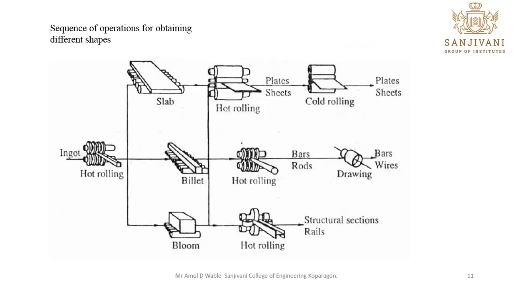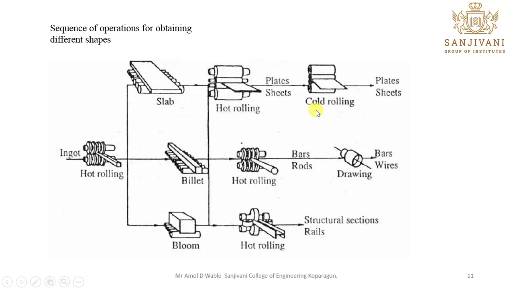So these are the different rolling conditions. This is hot rolling. In hot rolling, you might come across words like slab, billet, bloom. If a word like slab comes across in your problem, then you have to imagine it is a rectangular shape plate. Then it will be rolled further, and it can be either a hot work or a cold work rolling process.